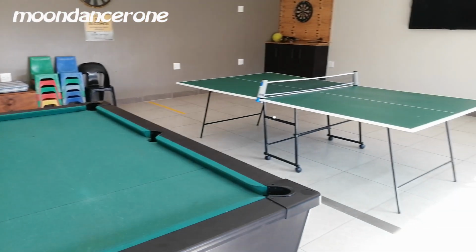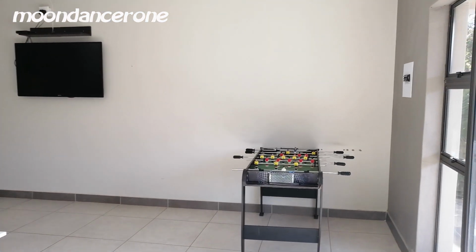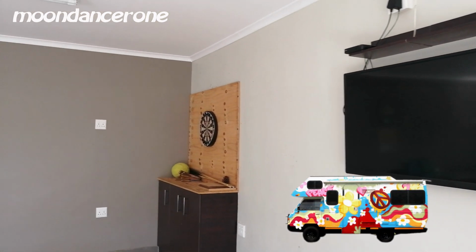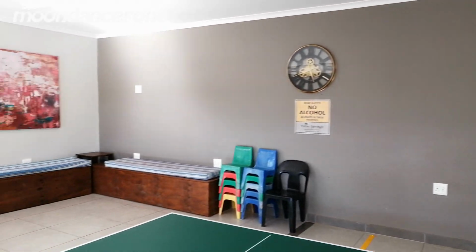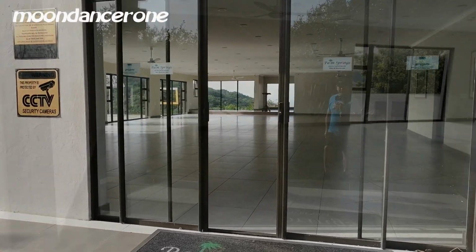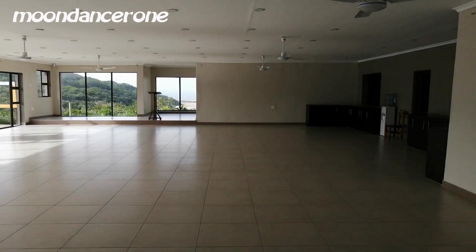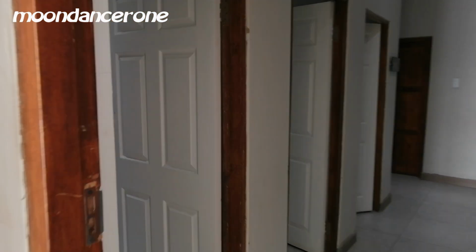Pool table, table tennis, soccer, big TV, dartboard, big hall right next to reception. Big hall, and then here on the side is the toilets, just for the hall,